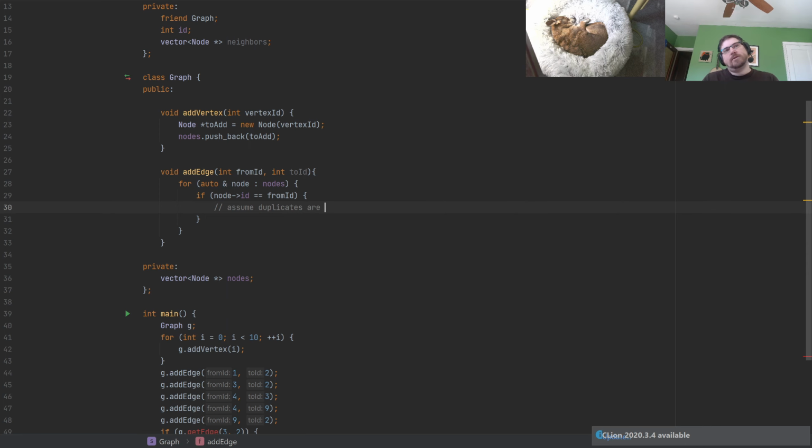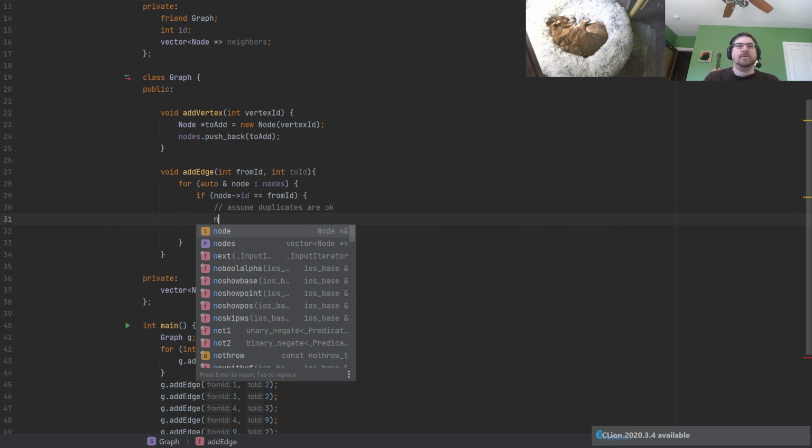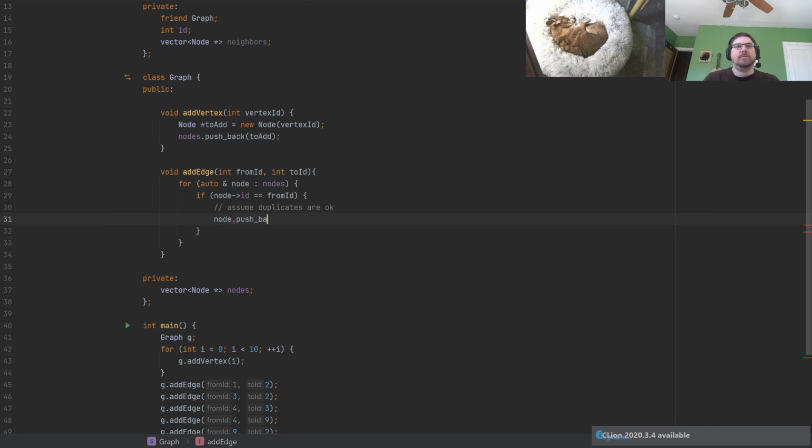Let's assume duplicates are okay, and we'll just do node dot pushback